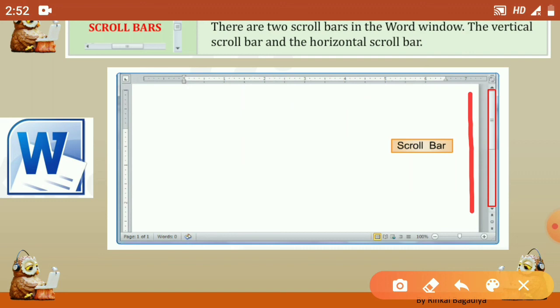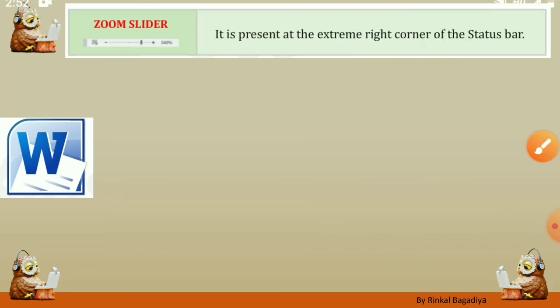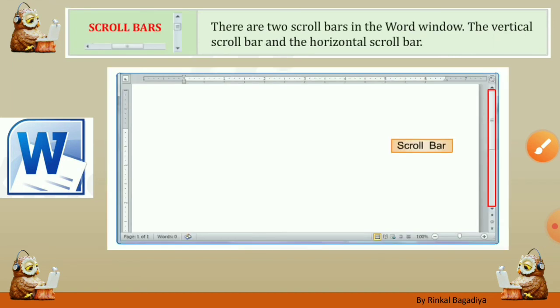You can go up and down in your document using the vertical scroll bar. And using the horizontal scroll bar, you can move your screen from left to right. Okay, you can move your document using scroll bars, either horizontal or vertical.